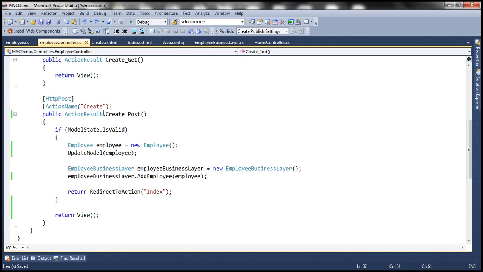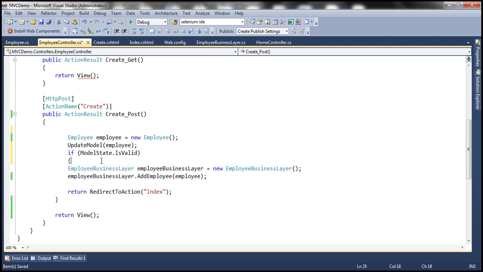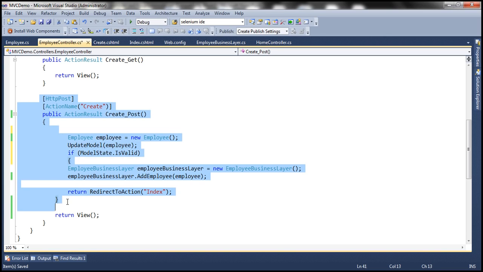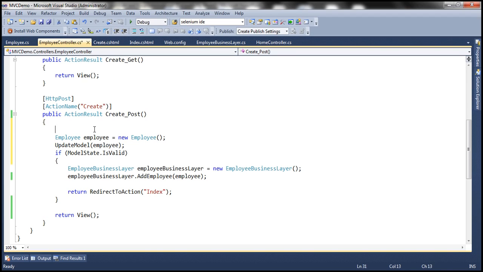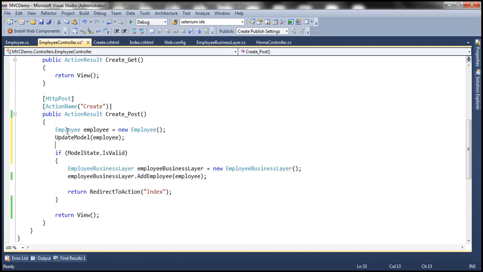This is the code that we have been working with in part 15. Let's make a simple change to this create post controller action method in the employee controller. Now, I want to move this condition from there to here. And let's format this code properly, and to do that, select the code and press Ctrl K T. So what are we doing here? After we invoke this update model function, we are checking the model state. Okay, let's quickly run this with this change,